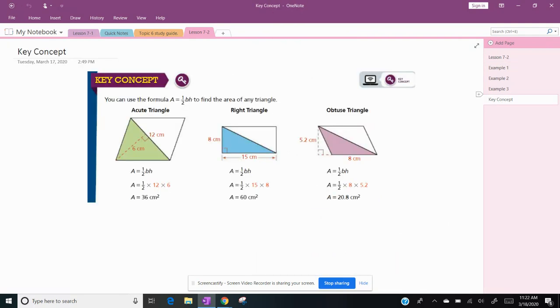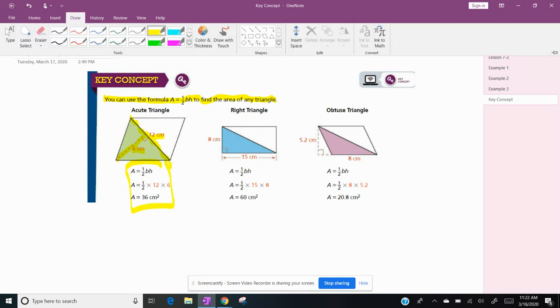Okay. Key concept real quick. It says you could use, let me highlight. This is on the next page. You could use the formula area equals 1/2 base times height to find the area of any triangle. So you just need some base, which is going to be a side, and you need to figure out a height that forms a 90-degree angle. So in this case, it's going there. For this first one, the base is 12, the height's 6, and there's the example right there. For the second one,